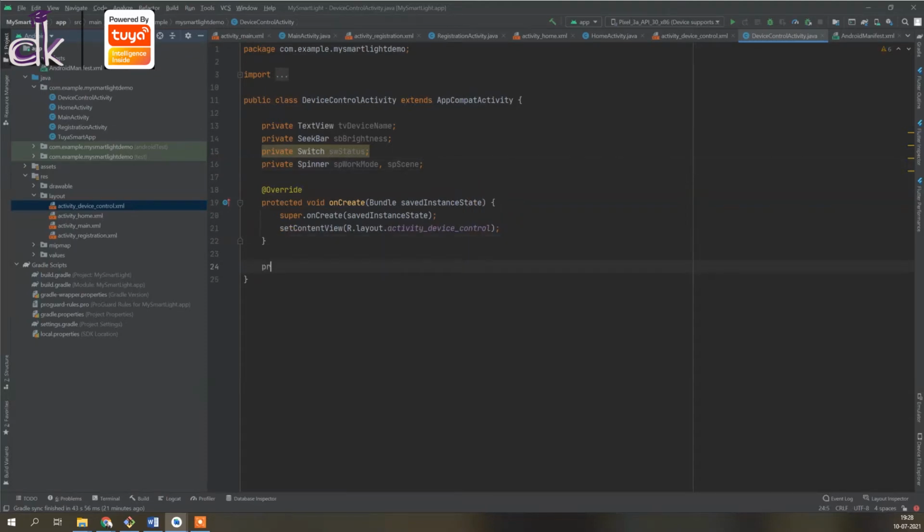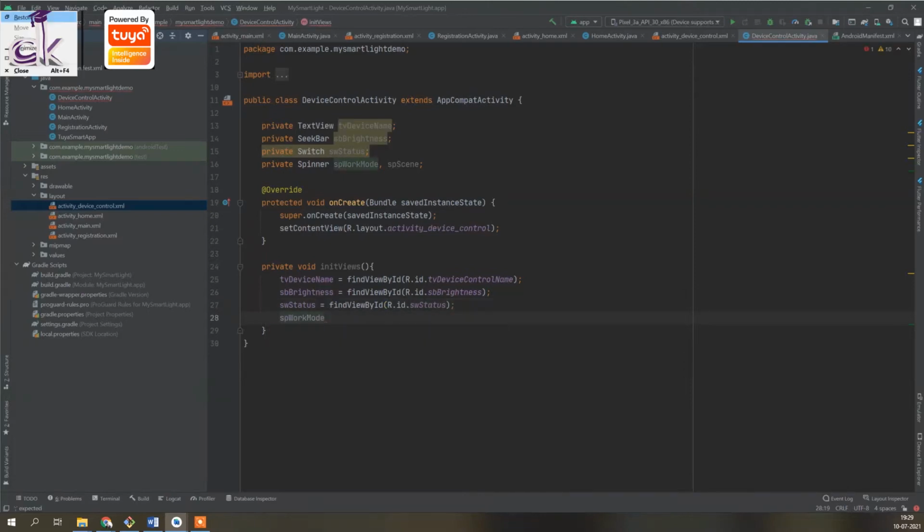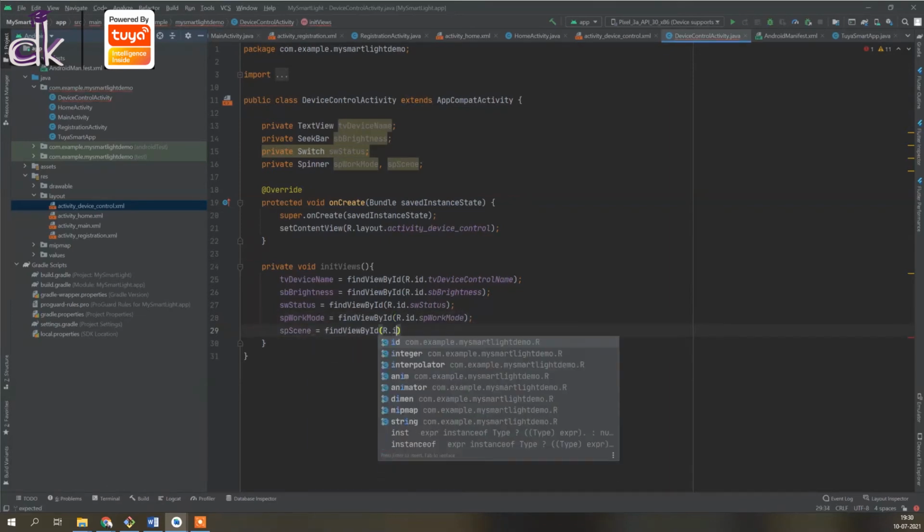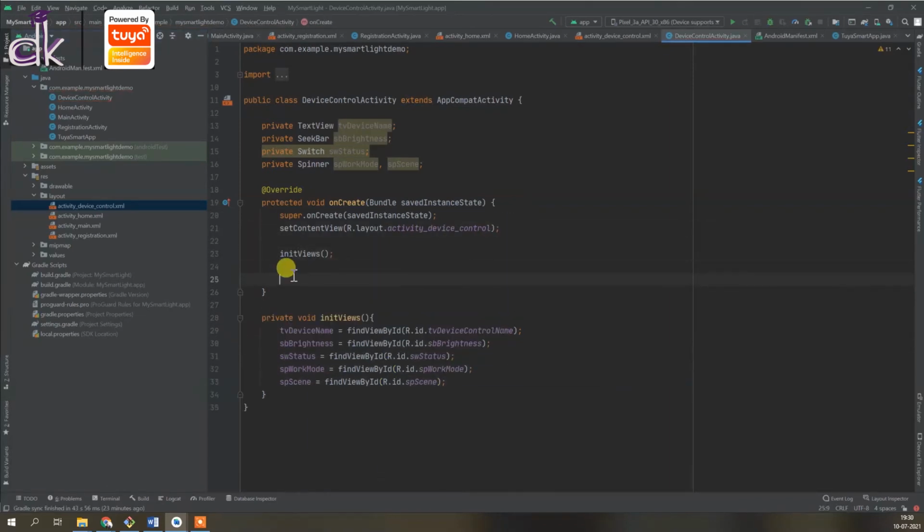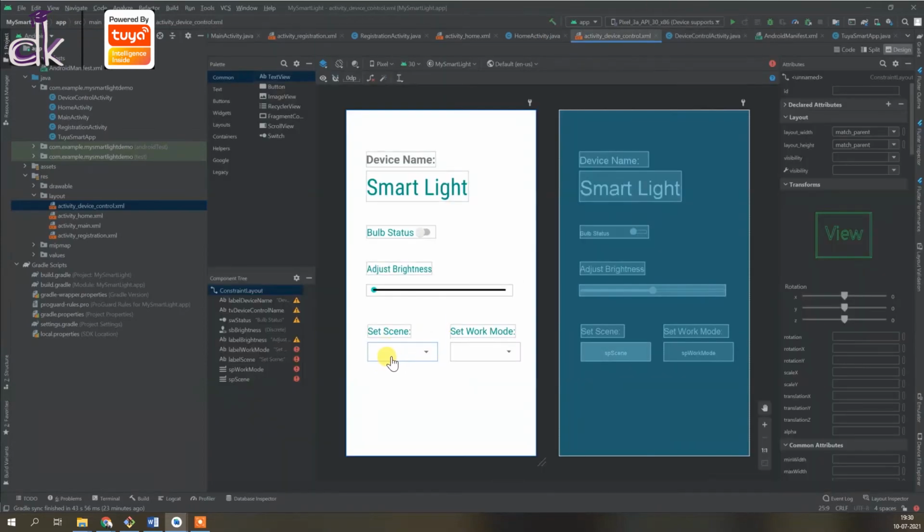So we'll go ahead and do whatever we have been doing previously, of initializing the views and binding each of the variables with their IDs in the layout. Okay, so next, once the layout is loaded, you need to add the different options to the list here into the spinner, right?